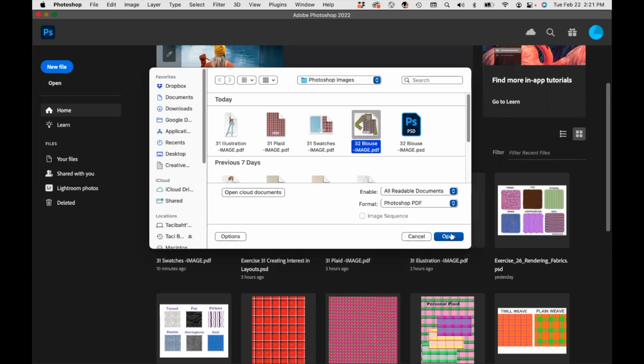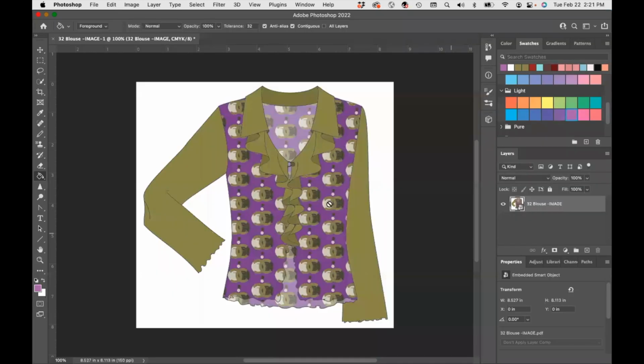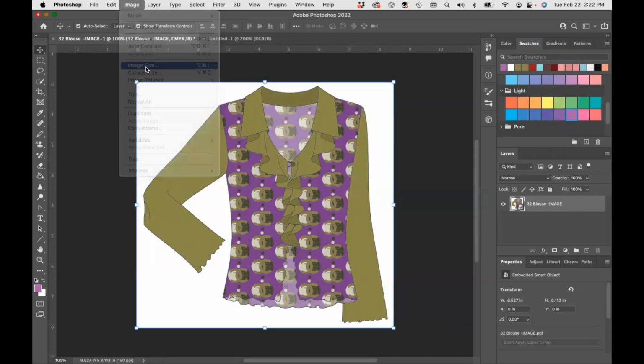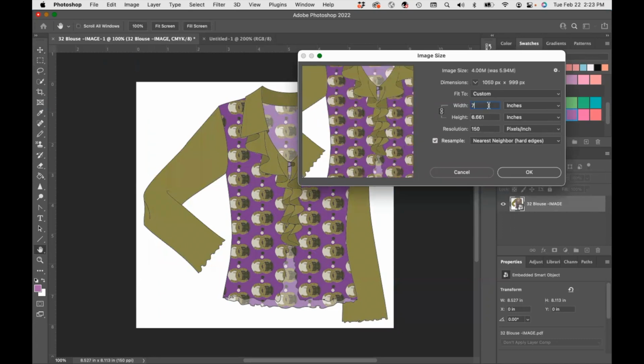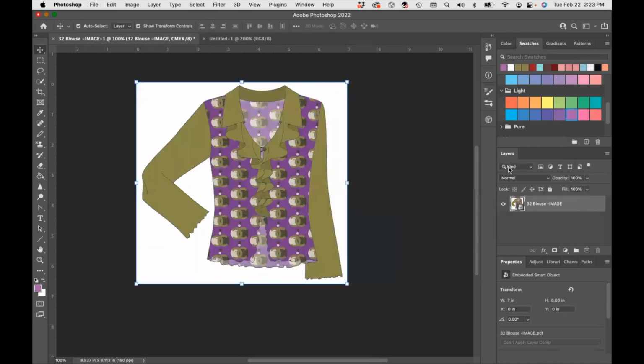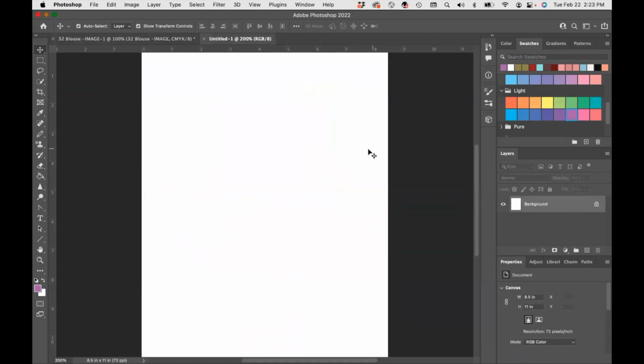And I will take that. Okay, so we have our image. Of course, we have to check our image size. So let's just check the image size first. This is in inches. This is a little wider than our paper, and the height is 8.11. I will make it 7. And on my page,